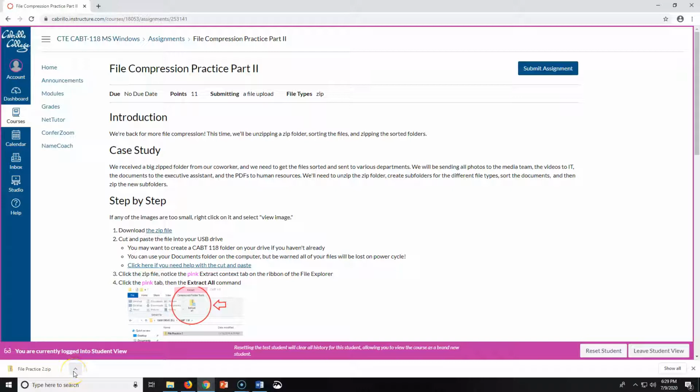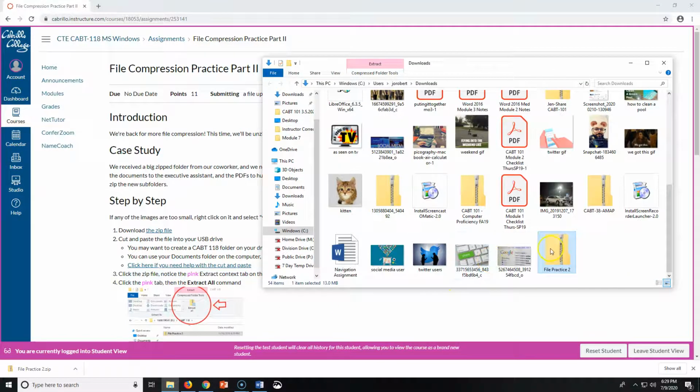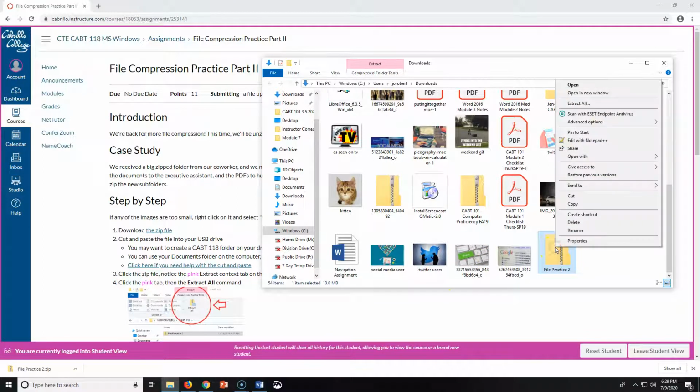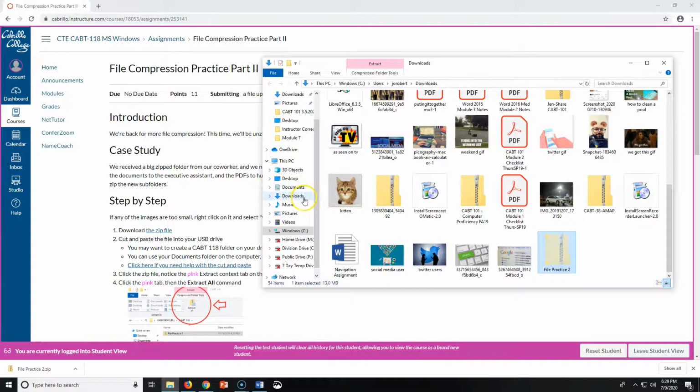USB drive is just kind of a generic way to say wherever you want to keep these files. I know a lot of people use a zip, or I should say a USB drive for school. However, you might just be using your home computer and your documents folder. So I'm going to use my documents folder right now. So I'm going to do that trick again, where I click that little arrow and I'm going to say show in folder. So I'm going to right click on this and click cut, and I'm going to go to my